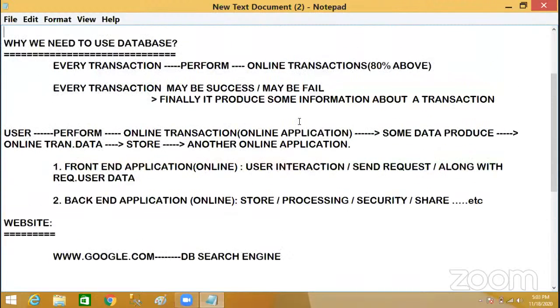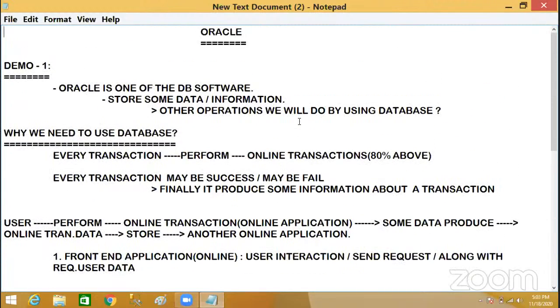Okay, there are so many things we will be discussing about Oracle. So here, in the first demo session, I'm passing a little bit of information to you. In Oracle, we will go through the SQL part, the PL/SQL part, and dynamic SQL. All types of concepts, whatever we require for your interview level.